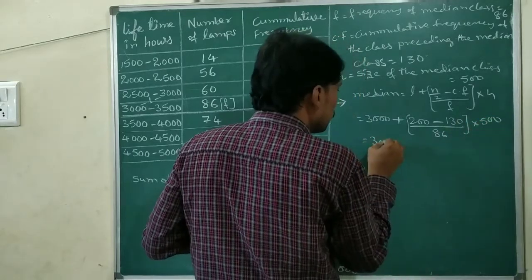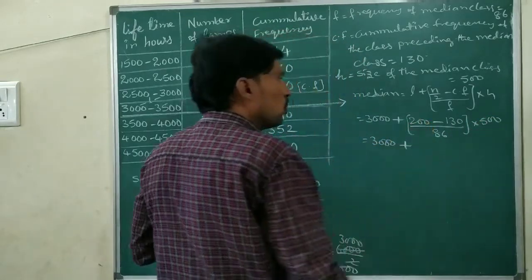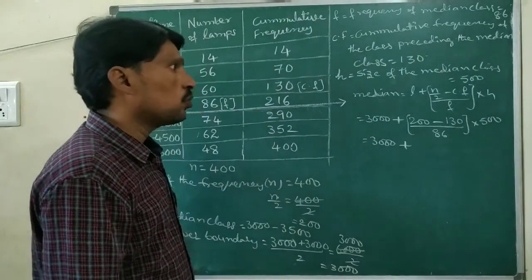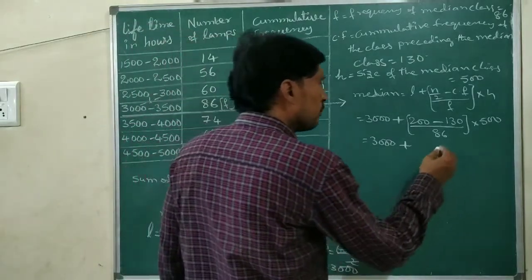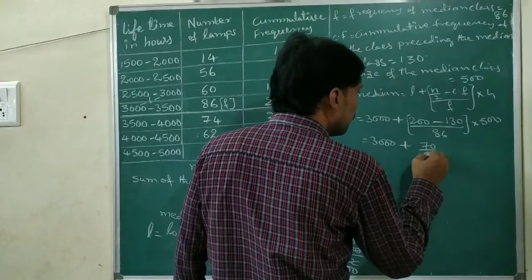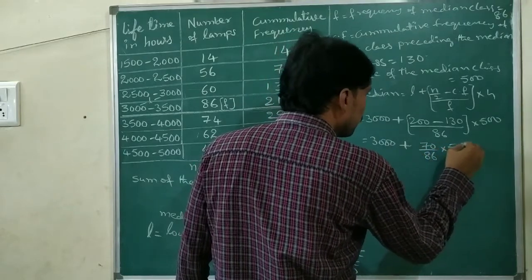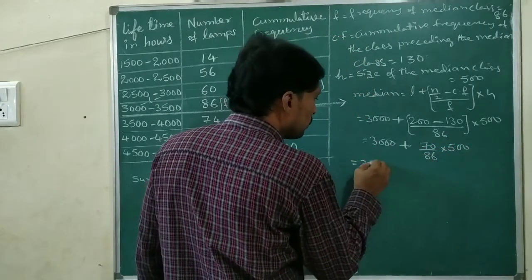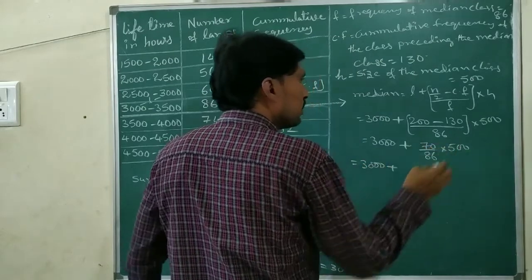That equals 3000 plus 200 minus 130. 200 minus 130 is 70, by 86 into 500, that equals 3000 plus 70 into 500,